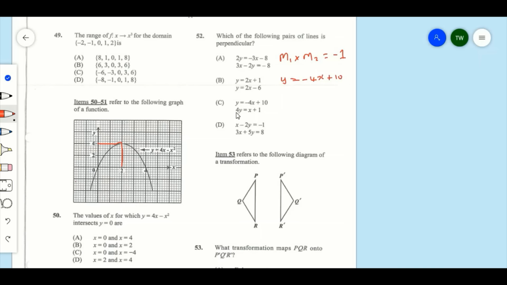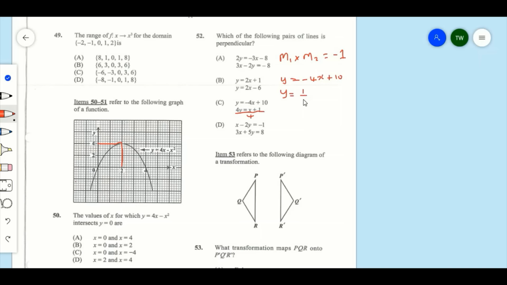The second equation is 4y equals x plus 1. What we're going to do is write this equation in the form y equals mx plus c. In order to do that, we need to divide each term here by 4. If we divide each term by 4, then we are going to get y is equal to